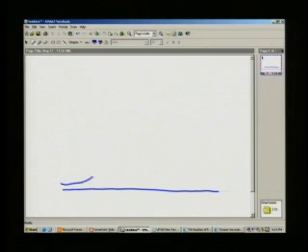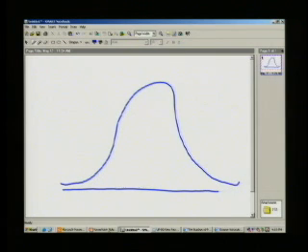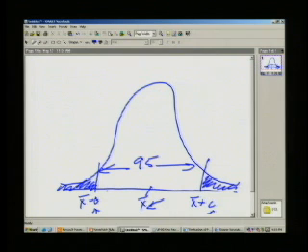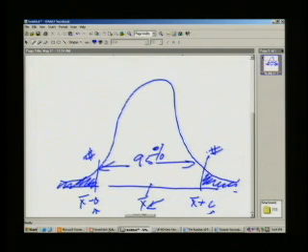in terms of a probability distribution, you're assuming a normal distribution now, right? With your mean. And here, you're going to have your two tails. Confidence interval, if it's 95%, depending on the distribution, this is normal, 95% of the time the data is going to fall between whatever number this is and whatever number this is. That's going to come off of what your mean is, and what your standard deviation is.